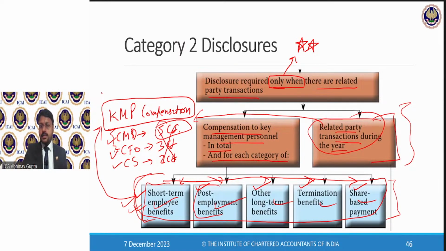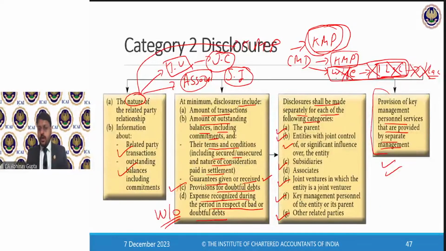So we will not say that other services we will not disclose. Now what exactly needs to be disclosed? The nature of the relationship, and amount of the transaction, outstanding balance of the transaction on the reporting date, important terms and conditions of the transactions, if any, guarantees or commitments, if any, received or given, and ECL, expected credit loss on the receivable, and if any balances are written off during the year, those balances also need to be